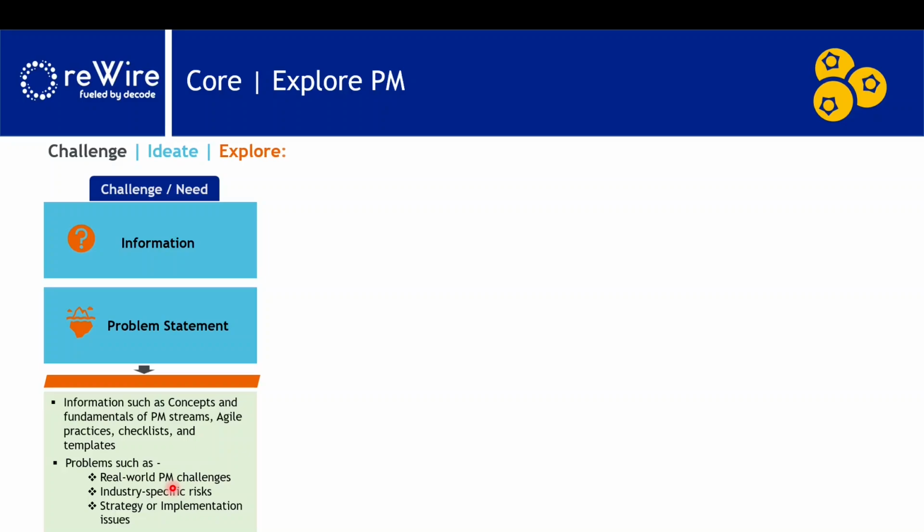Strategy or implementation issues. Suppose you have certain issues and you wanted to resolve those issues, so that they should not occur in the future as well. So you wanted to have a long-term strategy. In such a case, how can you get that kind of strategy inputs so that it is useful. Okay, so that's about the challenge and need. That is where the input starts in this particular workflow. The next is